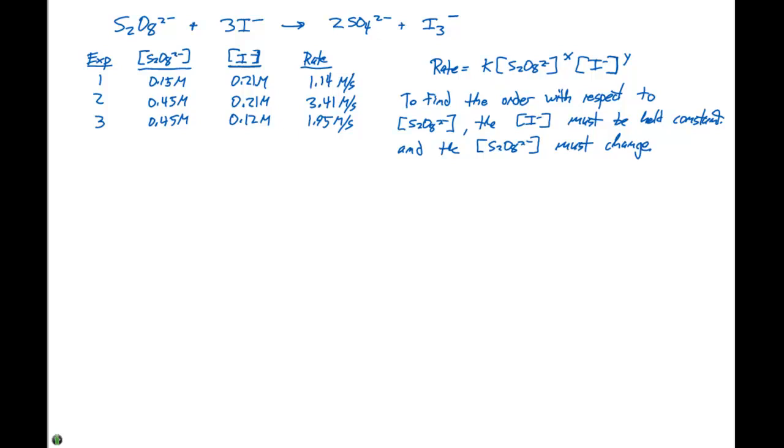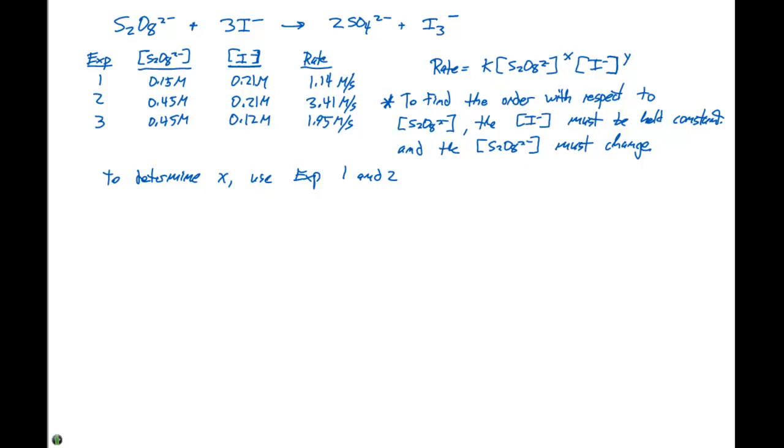So from this comment right here, we can say to determine x, use experiment 1 and 2. Okay, because in experiment 1 and 2, the concentration of our S2O8 2- is changing